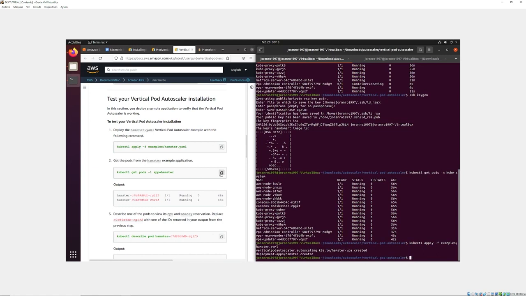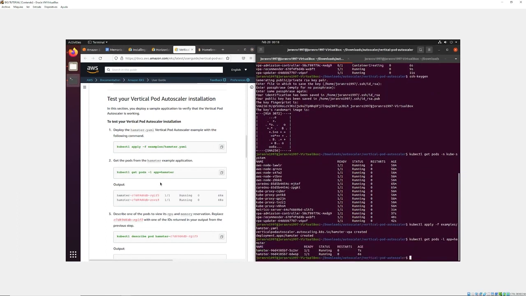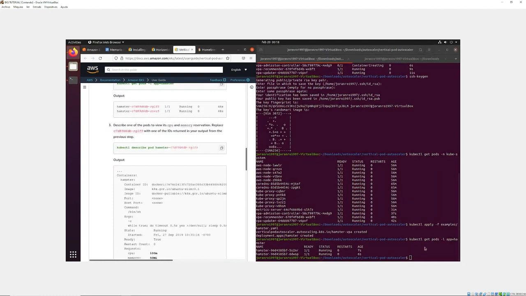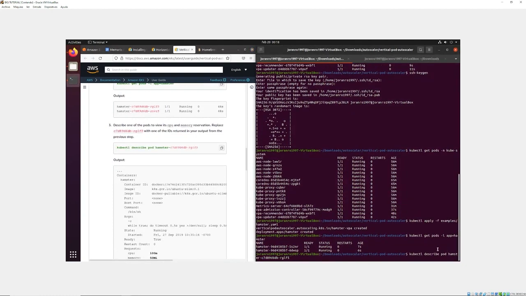And we will see how many pods we have. We're supposed to have 2 pods. There we go. Both pods are created. So for the sake of this, we are going to be checking out with the description what resources these pods have assigned to them. So for that, we will be typing the following command where we are describing the